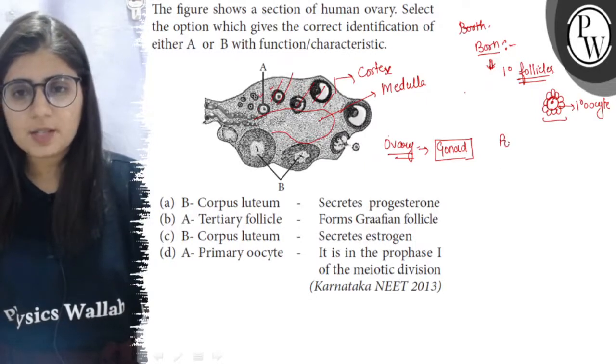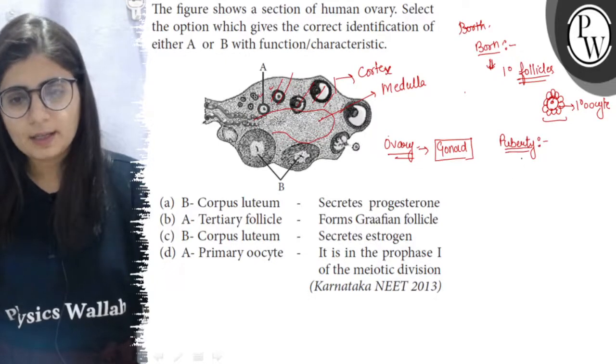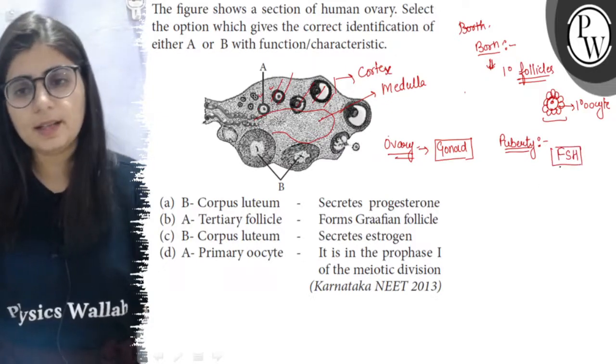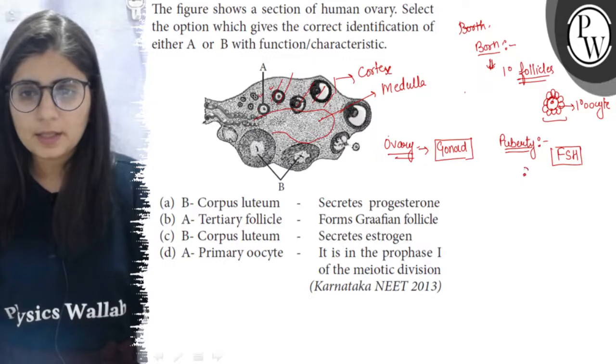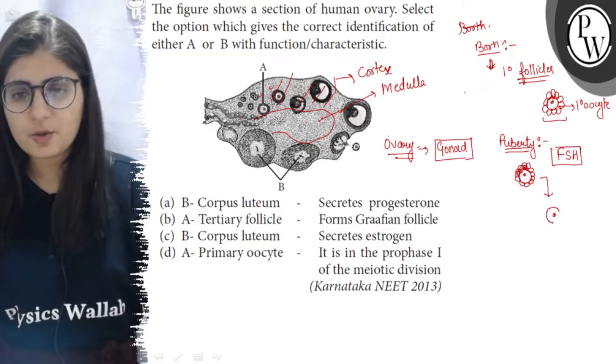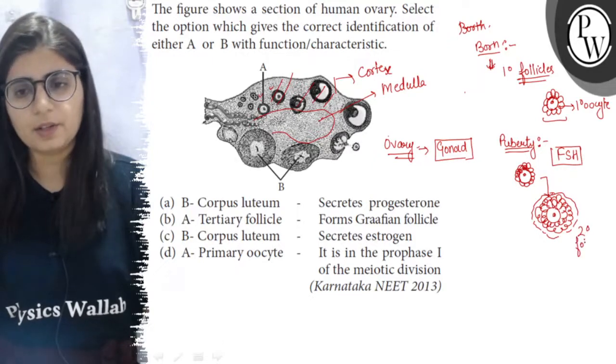So when a female reaches the age of puberty, the follicles start their development, and this development is under the influence of hormone FSH, which is released from the anterior lobe of pituitary. Now what will happen? The primary follicle, having a primary oocyte surrounded by a layer of follicular cell, will increase the number of layers of follicular cells, and there will be formation of theca or the covering around the follicle. So this structure is now called the secondary follicle.